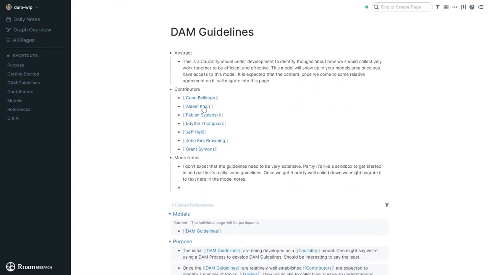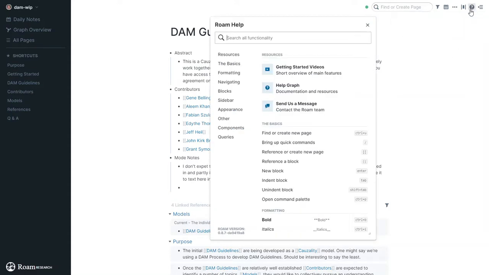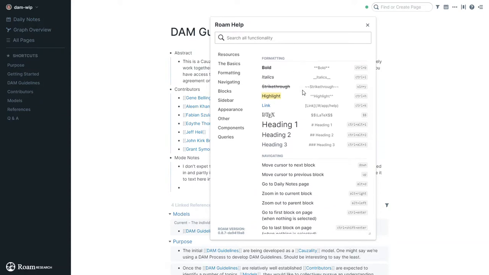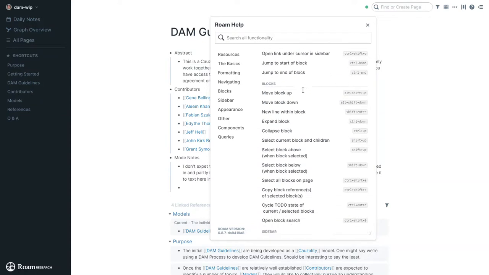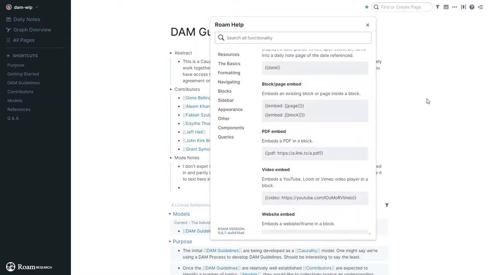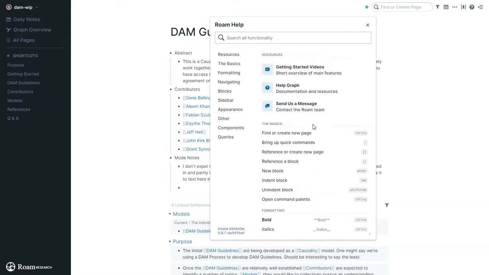And if you have any questions about using the environment, the question mark has a cheat sheet of how to format things in Markdown and all of the control key sequences that you can use in different features of Roam. And if that's not enough, there's a link to the Roam graph that's actually set up by the developers to provide detailed, in-depth help. And here's access to a number of short getting started videos.